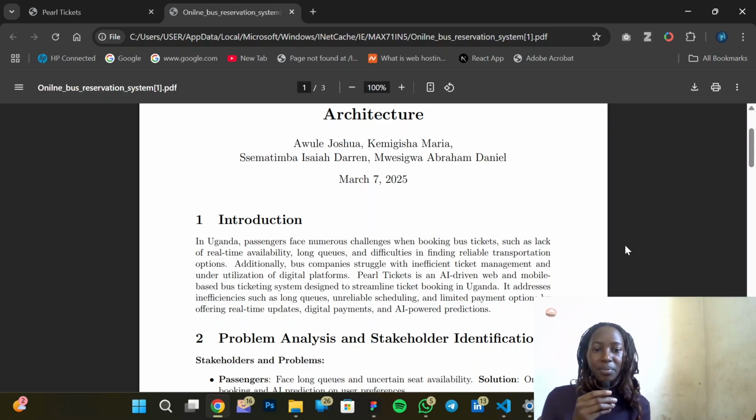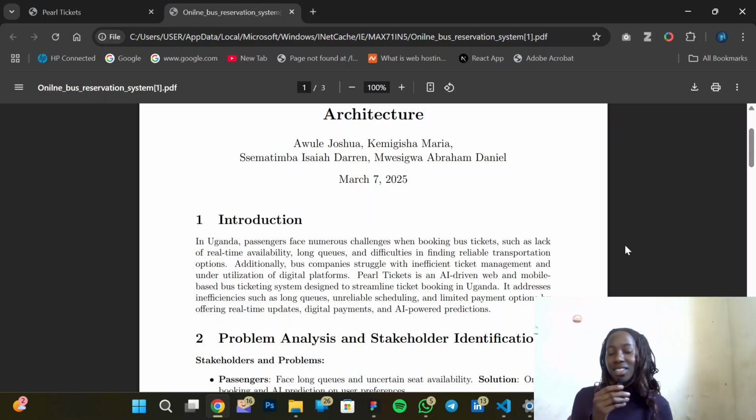Good evening. I'm here to present PAL Tickets, an AI-driven web and mobile-based bus ticketing system designed to streamline ticket booking in Uganda. I am Maria, and together with my teammates Joshua, Darren, and Abraham,